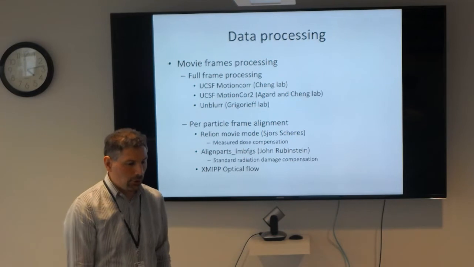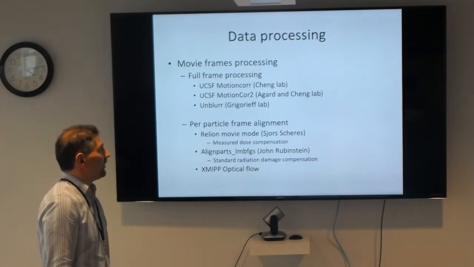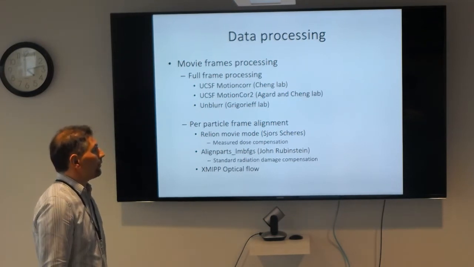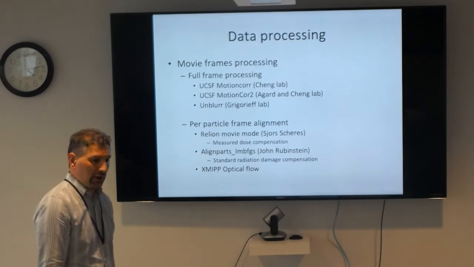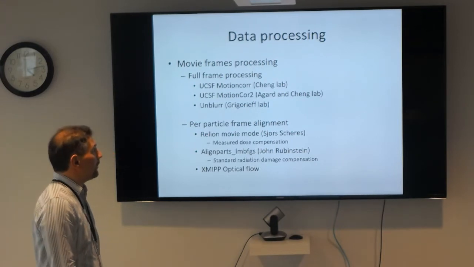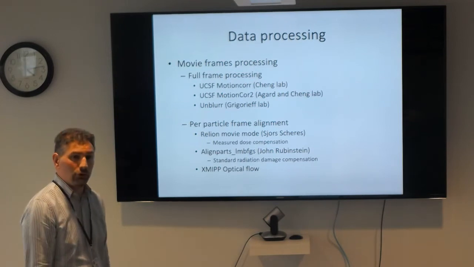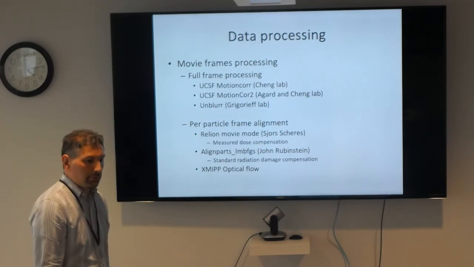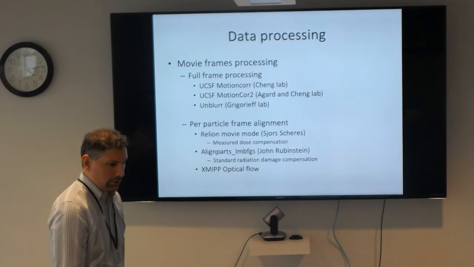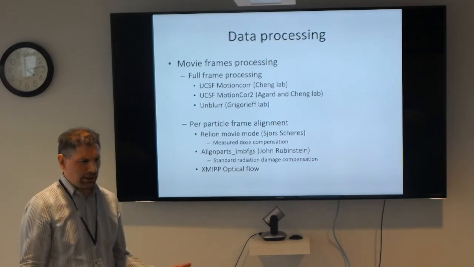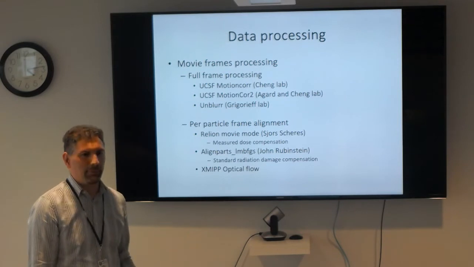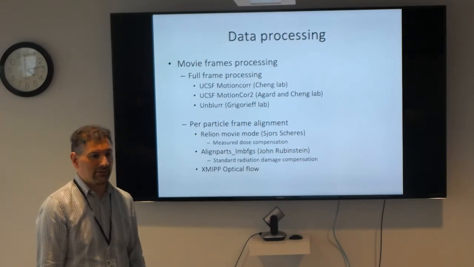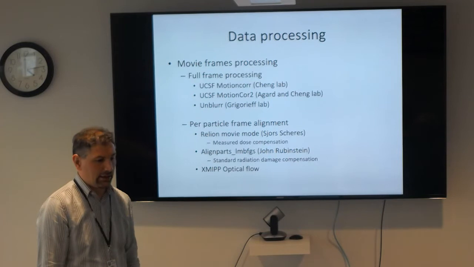Okay. So full frame processing. I know of 3 programs. There's UCSF MotionCor. This one is not used as much because it's been essentially replaced by MotionCor2. And there's also Unblur from Nikolaus Grigorieff's lab. So I think we use MotionCor2 most, again, because of the GPU. It runs the fastest, and it's also used here, so we do our motion correction here, and we go forward